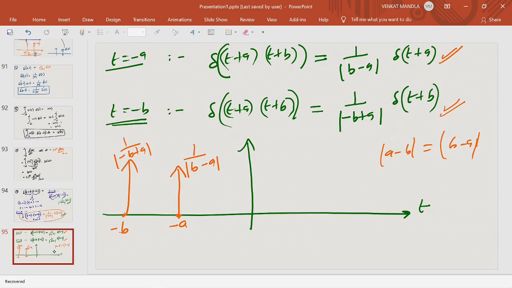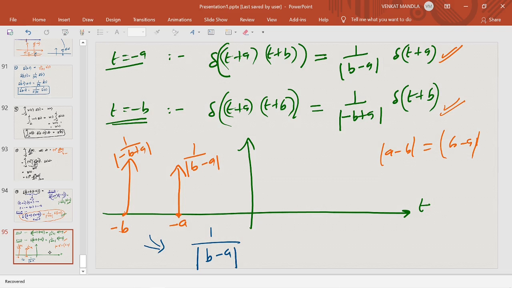So this entire signal is graphically represented. So how can I write this signal? The signal can be written as the sum of two signals. I will write these two areas as 1 by b minus a only. It is your wish, you can write 1 by mod a minus b also. 1 by mod b minus a into del of t plus b, plus this signal, addition of two signals, plus 1 by mod b minus a into del of t plus a. Okay,